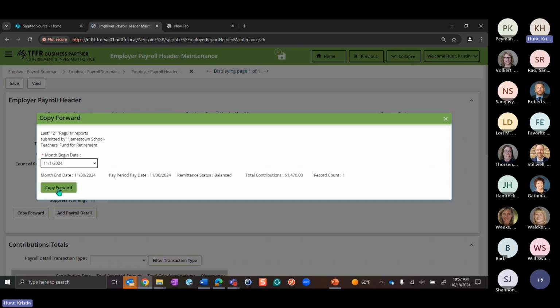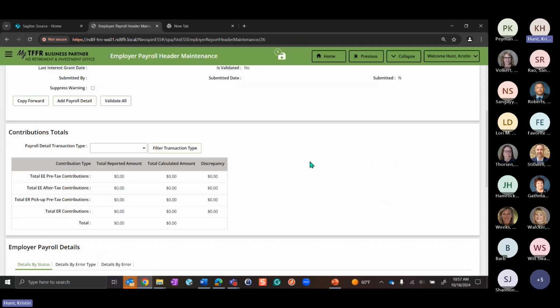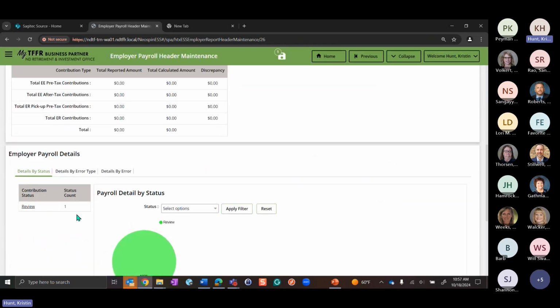The system is smart enough to just go, hey, we got you, we'll do this for you. So you'll click the copy forward, and then it pulled that same review record that I had already on file. And of course it's in review, so I have to go and update it.